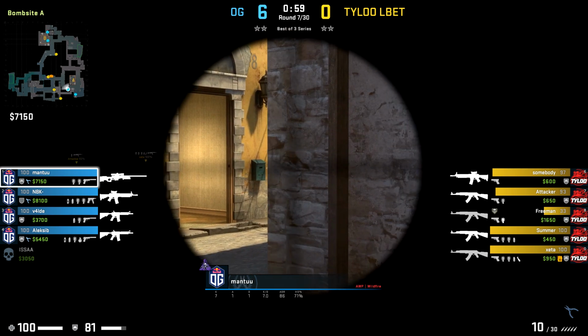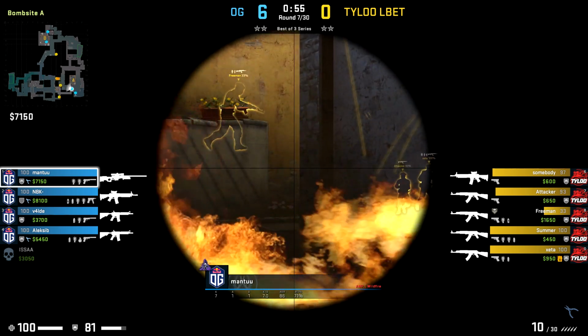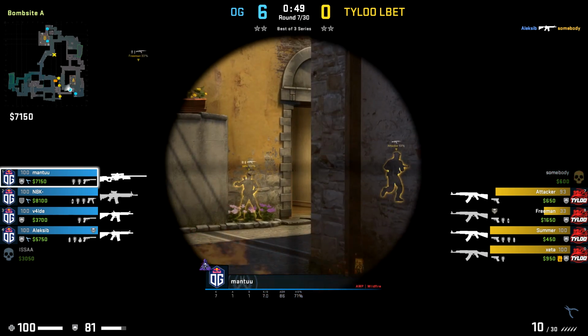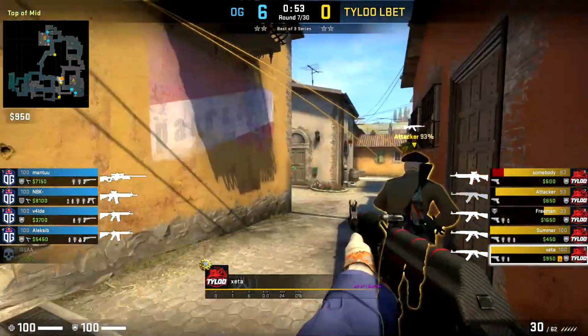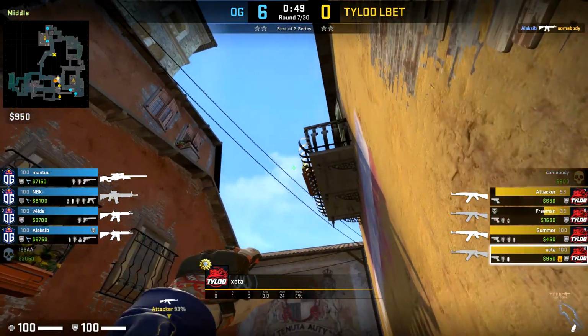Unfortunately though, TyLoo don't actually hang around at top mid, so all this utility kind of ends up being wasted as Mantu is allowed to repeat anyway and get away with a kill before TyLoo can start to set up their execute. So as much as I do want to give some credit to TyLoo for trying to evolve their game, for trying to adapt to the Western meta, I think TyLoo's strength normally comes from their aggression and their